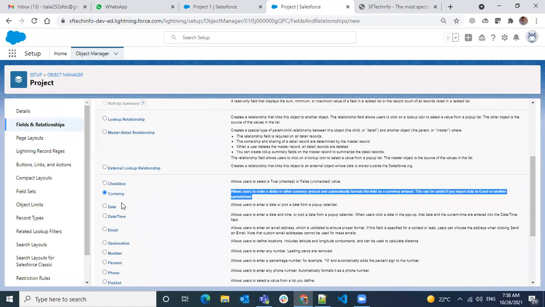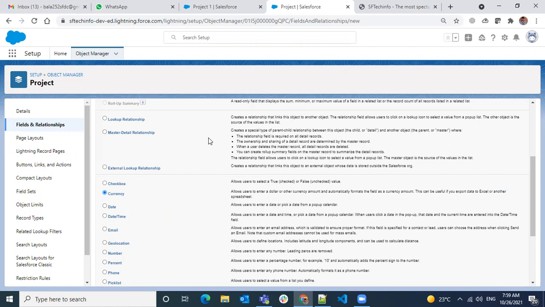So basically number and currency both will be storing the same. In the back end, it will store a decimal value. That means you can control the decimal positions and numerical positions. But the currency field will help you in the UI. You can see the symbol of your currency. If it's INR, INR, if it's a dollar, dollar, if it's euros, then the euro symbol. So whatever the currency of your customer, you can automatically take care of displaying that symbol beside your number, and which will be used in exporting data.